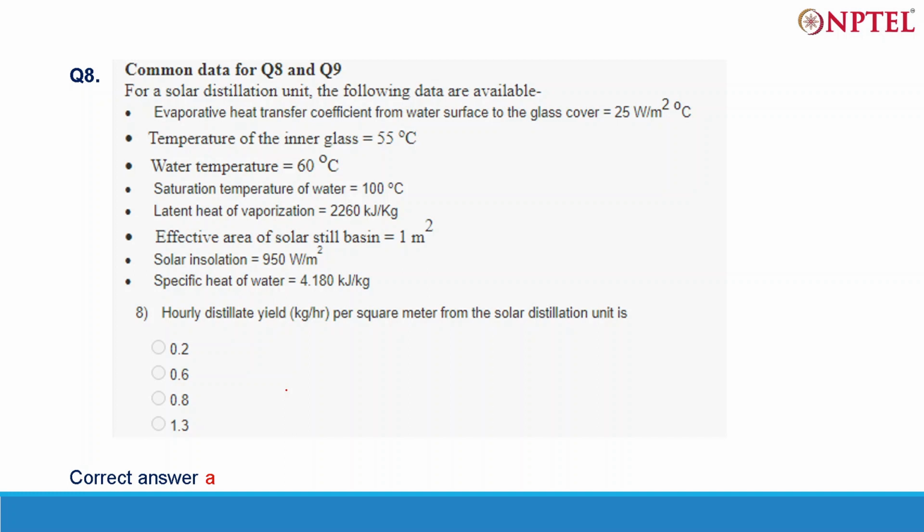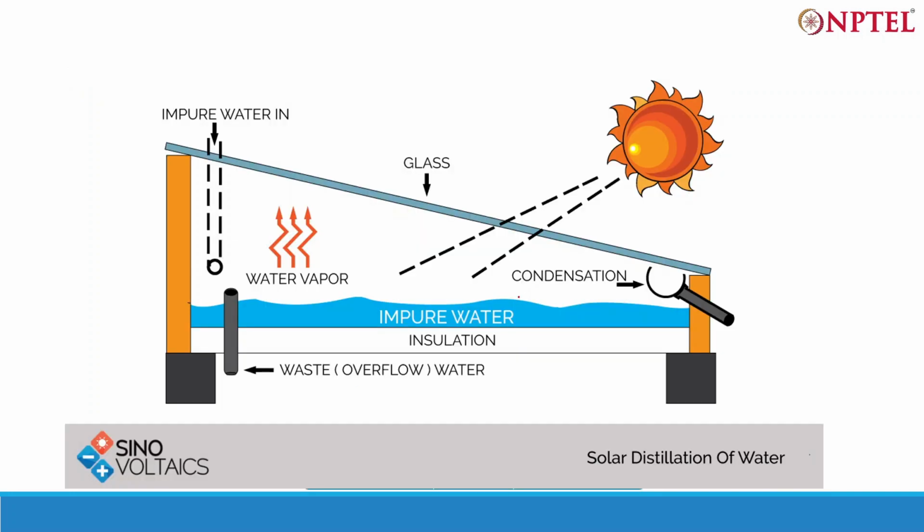This also I will not solve. Everything is given, the formula is given in the lecture series, just put in the values and then apply. If it is not solved, then I will solve it. The correct answer will be A.2. But this is how it works. I think this may be pure water or brine like seawater, then it will evaporate, and be collected here and here. So this is how it works.